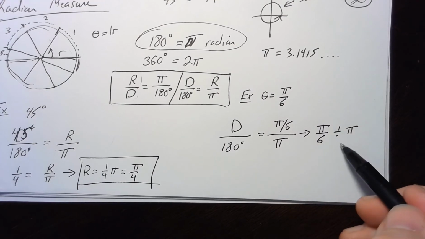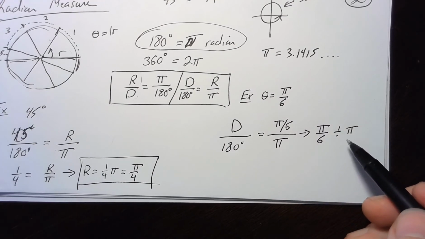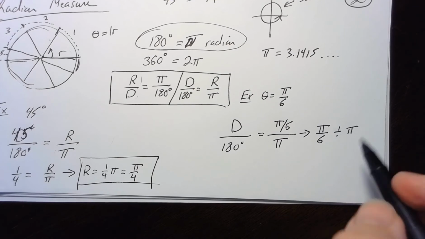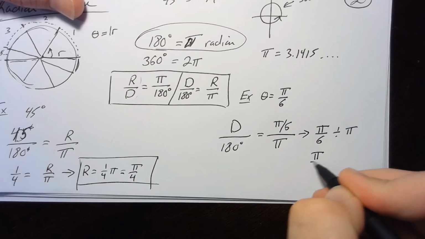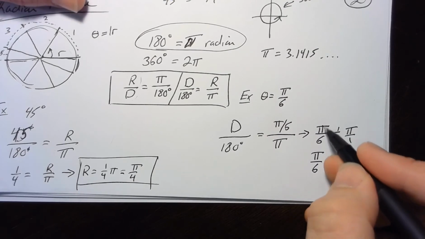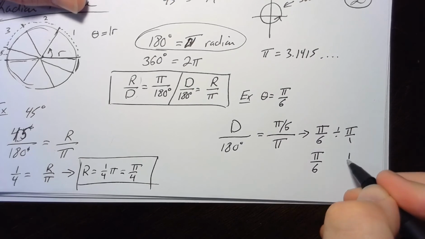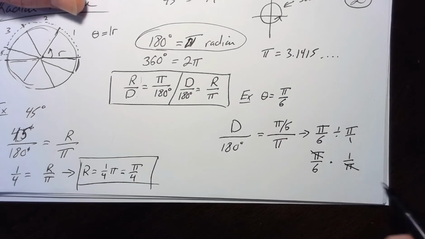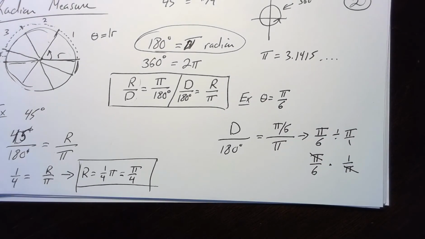If I write it in this form, I can utilize that concept of keep, flip, change in my mathematics, when dividing two fractions. Again, I'll change this into a pi over 1. So I have keep the first fraction, flip the second fraction, and change the sign to multiplication. Well, now the pi's in this case will cancel out. That should happen almost at all times.